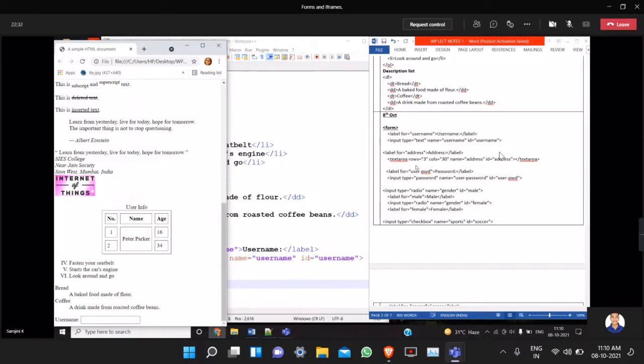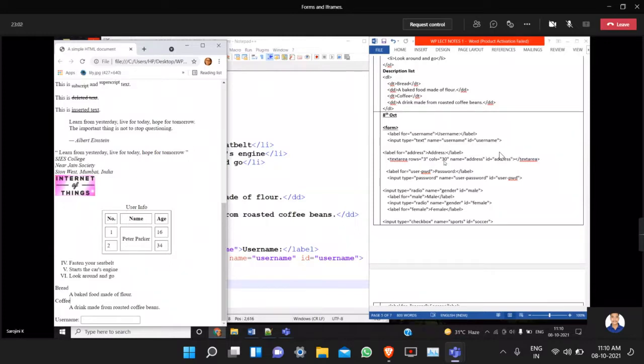Now, what are rows and cols in the text area attributes? The rows attribute says how many rows should be displayed, how many rows in the text area should be visible to the end user. So I want to create a text area with 3 rows.